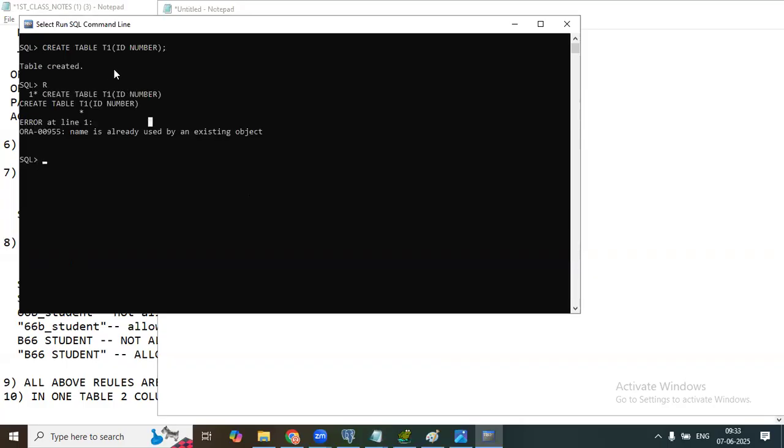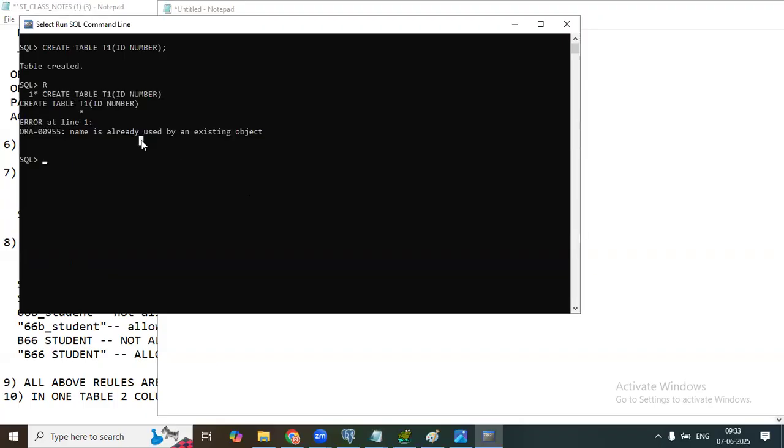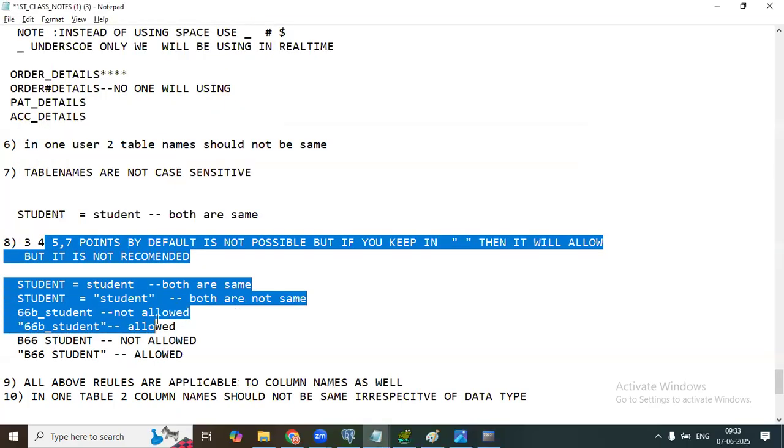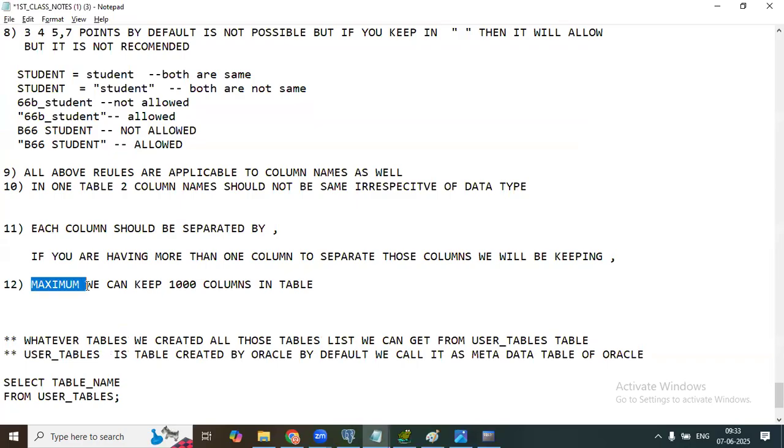Why? With this name, a table is already available. You cannot create one more table with the same name. It will give an error. Like that, it has rules. Based upon these rules only, you have to create the table. Without following the rules, you cannot create the table. Is it clear?